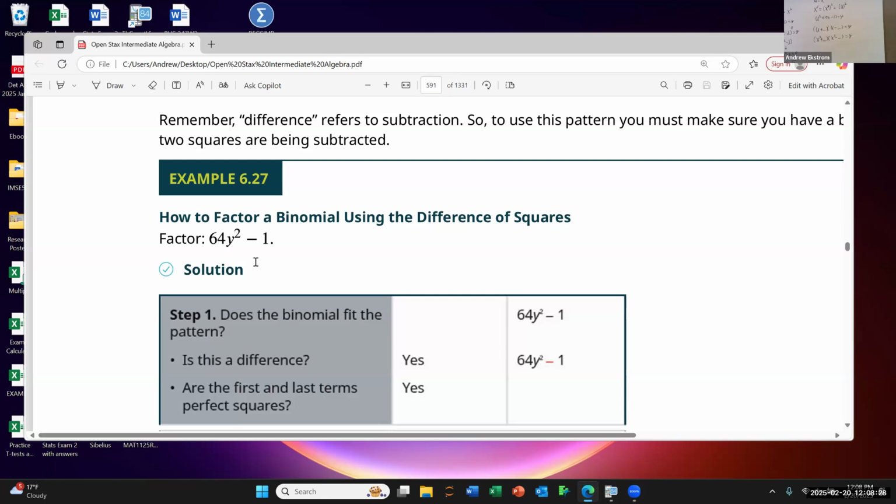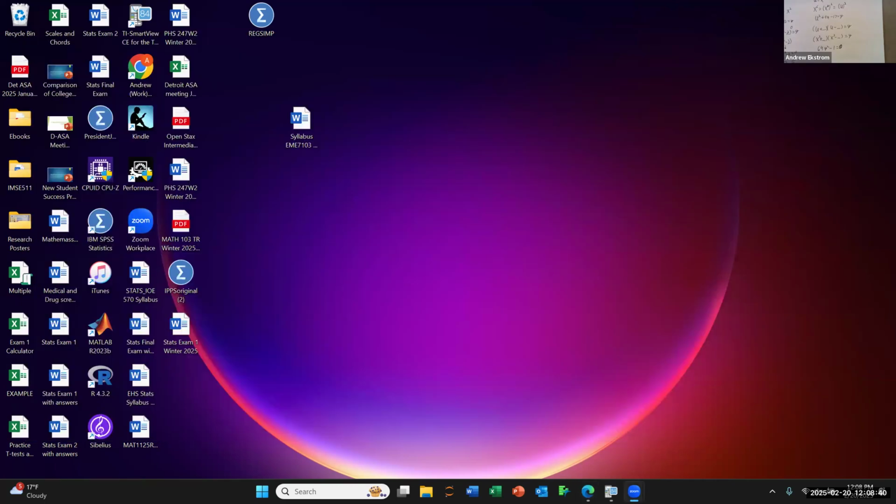Again, looking at this, 64y squared minus 1. We want to make sure that that equals 0. So in this case, we're going to have 2 options. We can say A equals 64, B equals 0, C equals -1. Plug it into the formula, be done with it, or